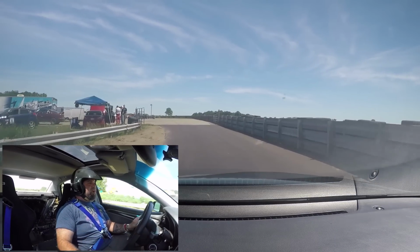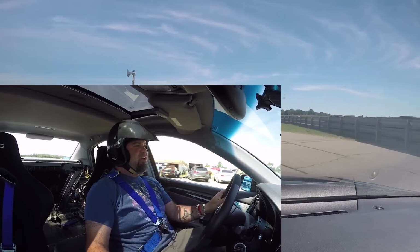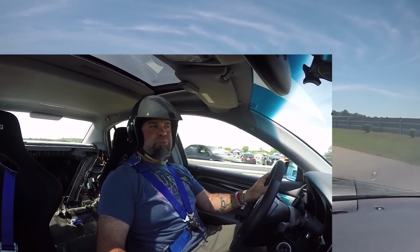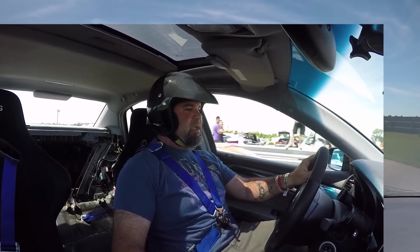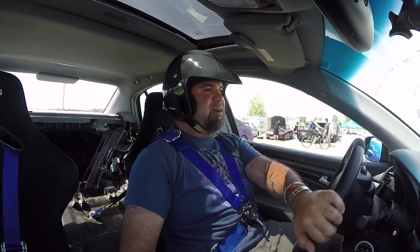It's really fun to drive. I mean, it's not a track car. We took it on the track, but it's a road car. He's got 30,000 miles on this build, so it's held up. And I want to thank Andy for letting me have a go in this thing. It's super, super cool, and I can certainly appreciate the engineering behind something like this,